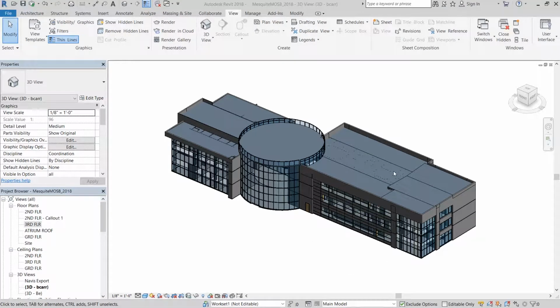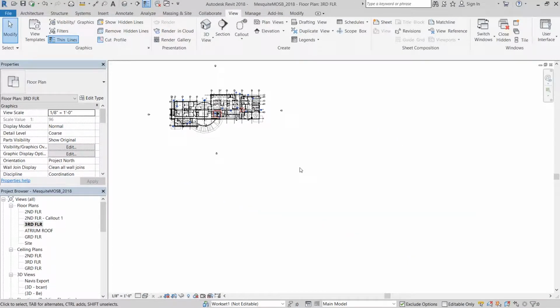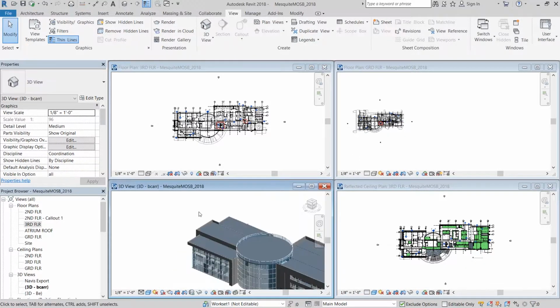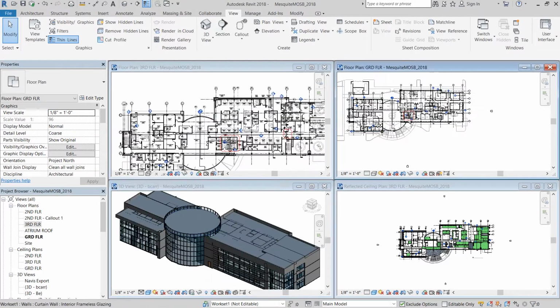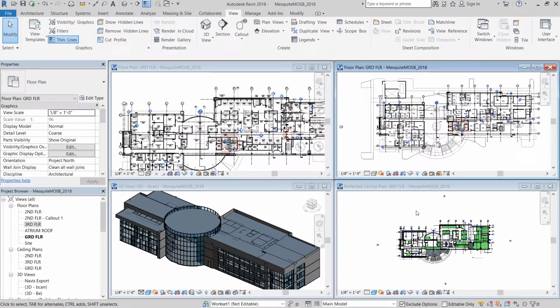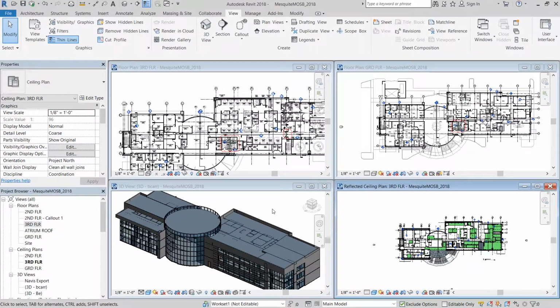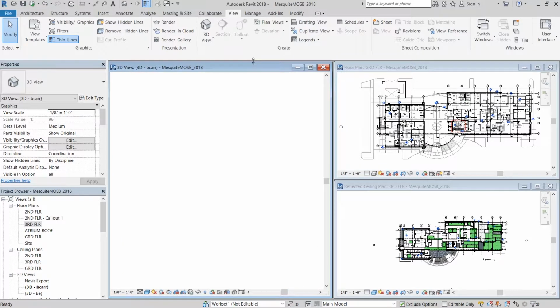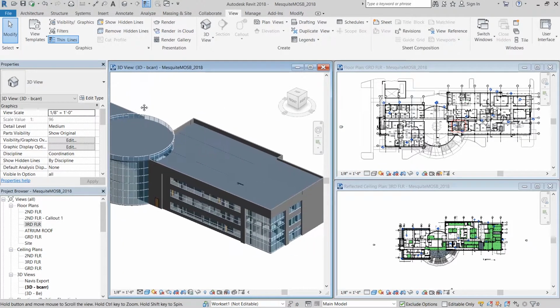So here's a hospital project that I'm working on right now. I have a couple of windows open, some plan views and a three-dimensional view. I'm going to go to the View tab and hit the Tile button. By default, Revit automatically creates equally sized windows in the available workspace. This isn't ideal because if I want to see a particular view in more detail, zooming in doesn't give me the whole picture. I could just close one of the windows and then maximize another, but it's still a lot